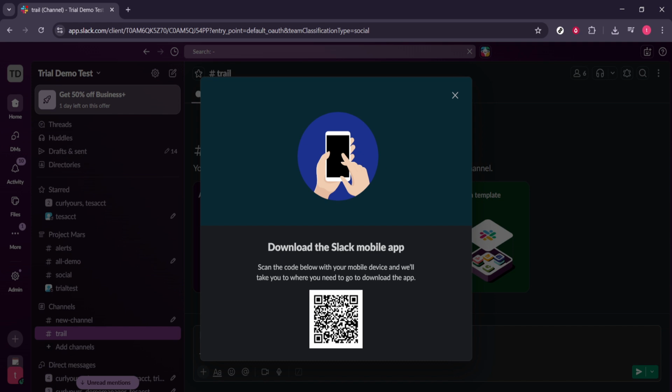And that's it. Open Slack Home, click your workspace name, choose Get the Mobile App, and your Slack